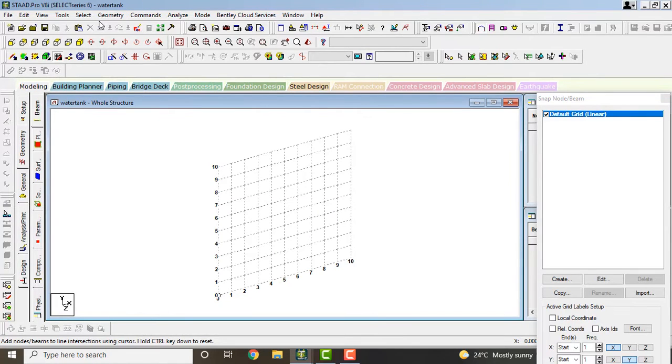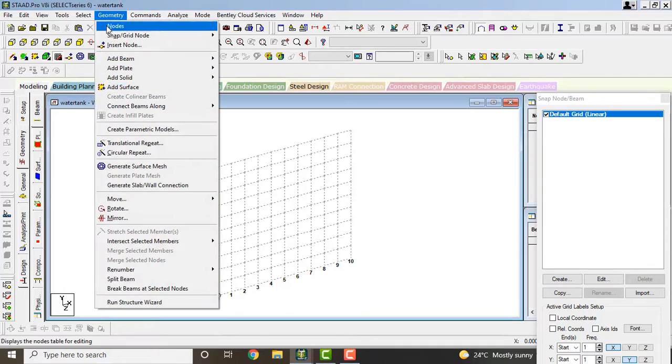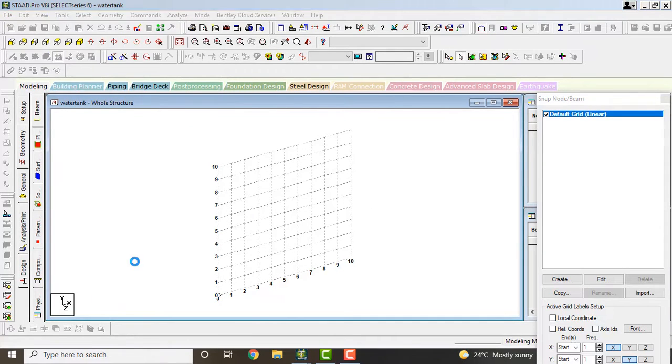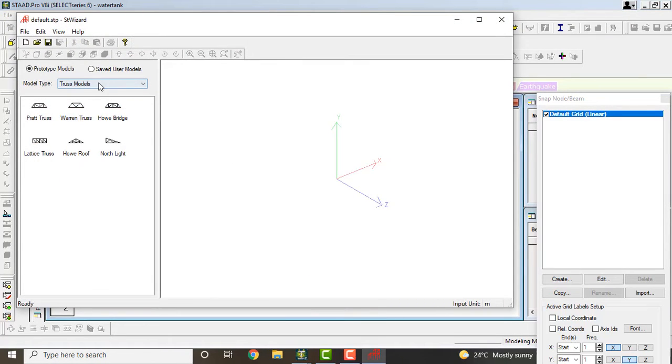Next, go to geometry, run structure wizard. Generally, from now, we have to learn all about buildings, bridges, dams. Next, our topic will be a water tank. How does a water tank look? It is like a cylindrical shape. So, here you have to take